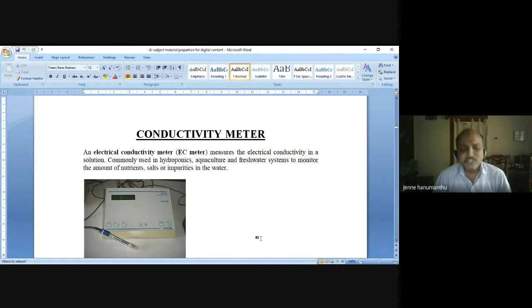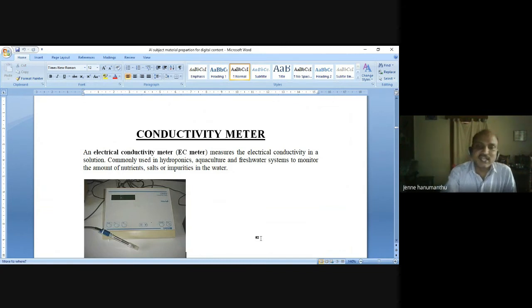We need an instrument. As you know, we are studying under the chapter of analytical instrumentation. So if you want to analyze the conductivity of any solution or any powder, we need a meter. Meter is nothing but an instrument, so it is a conductivity meter. With this conductivity meter, we are going to measure the unknown conductivity of the solution. So how are we going to measure it?